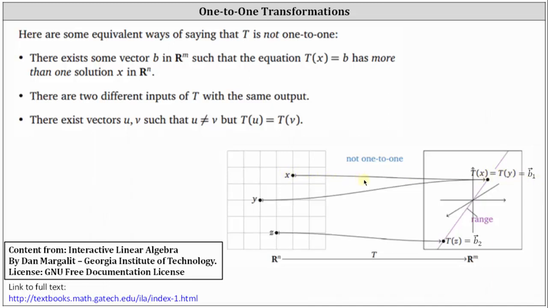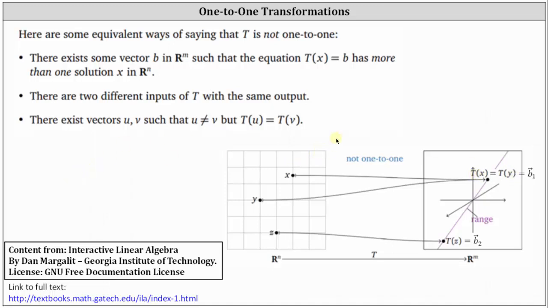and therefore this is not a one-to-one transformation. We can also say T is not one-to-one because there are different inputs of T with the same output. Notice the inputs of the vectors x and y give us the same output vector of the vector b sub 1. And also the transformation is not one-to-one if there exist vectors u and v such that u and v are not equal, but T of u equals T of v, which in our case, notice vectors x and y are different vectors, but T of x does equal T of y,